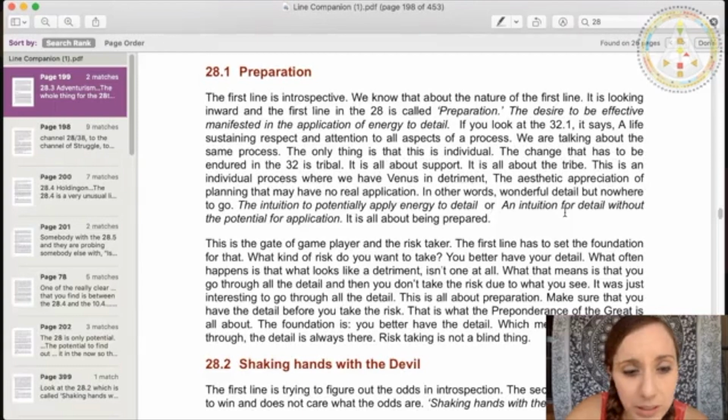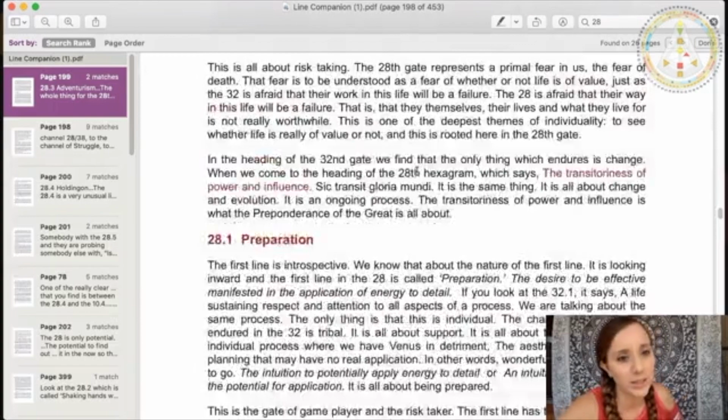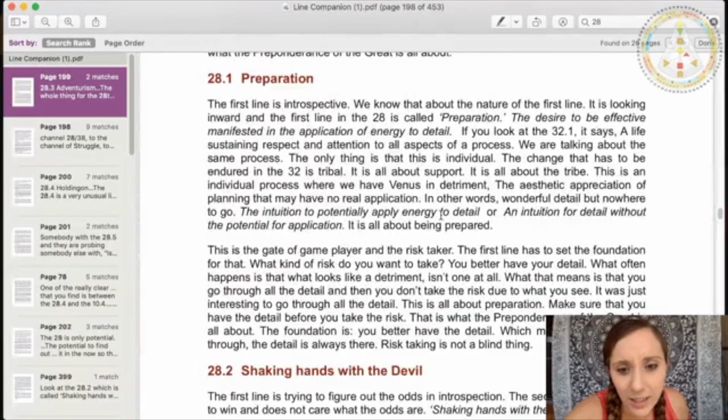An intuition for detail without the potential for application. It's all about being prepared. This is the gate of the game player and the risk taker. Oh, I'm sorry, 28. I'm saying that it's purposelessness, totality. Is it? I swear, that is what this one is. Hold on, let me double check. Now I'm doubting myself and my abilities to recall all of these. Yeah, purposelessness, totality, immortality. Because this is the gate of the game player and the risk taker, the first